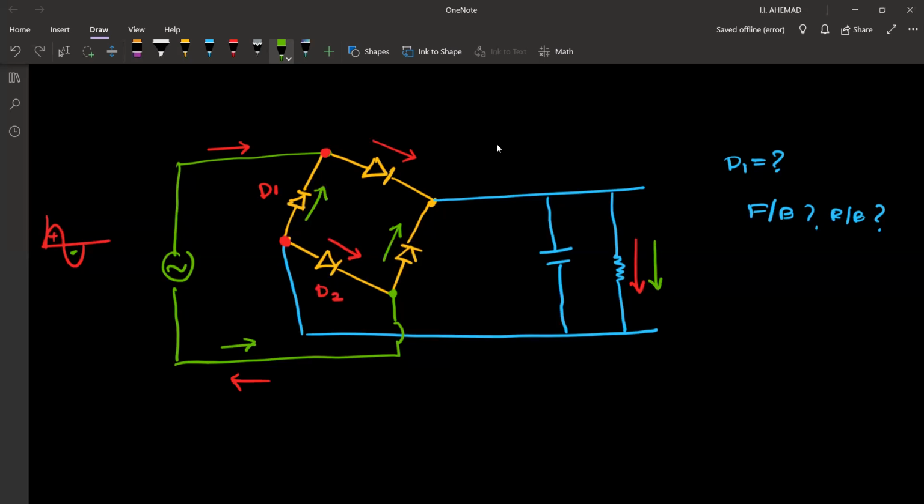So now it goes through this and now it will come out. Is it clear how the current flows here? So for both positive and negative signal, the current is always flowing down. Therefore, we get a graph like this, but we have used a smoothing capacitor, so the graph will look like,